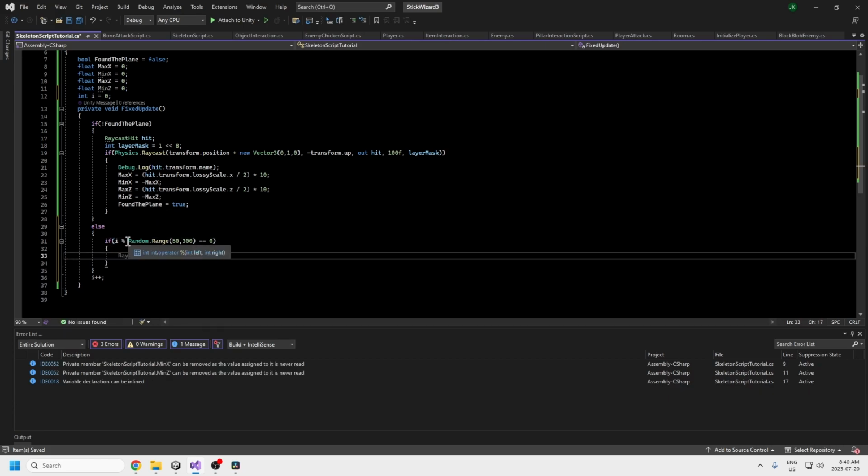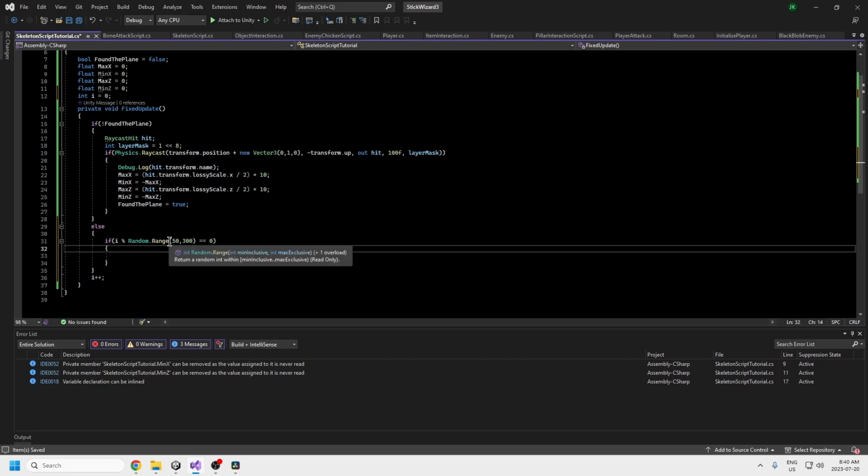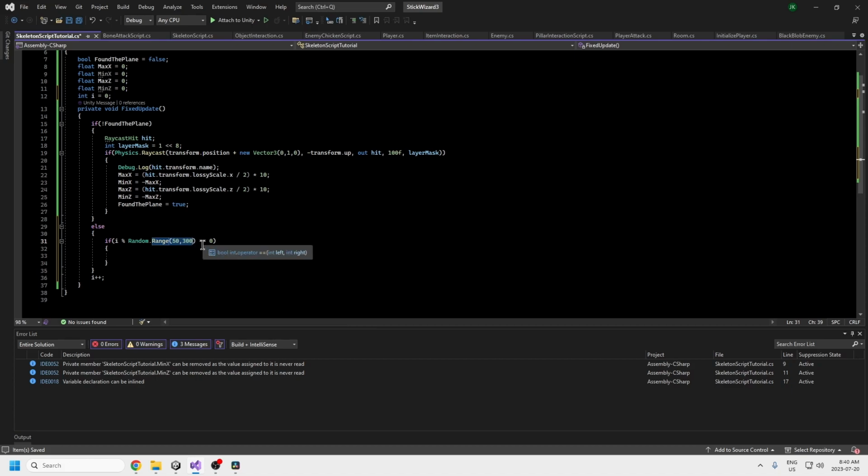So modulus basically just means if that number is divisible by the other number. Let's say I is 100 and the random range is 100, then it's divisible. If it's 200, it's divisible. If it's 300, etc., right? So as I goes up, let's say this was just 50. So when I is 50, 100, 150, 200, so every 50 frames essentially, right? And this is giving it a range. So this will make it